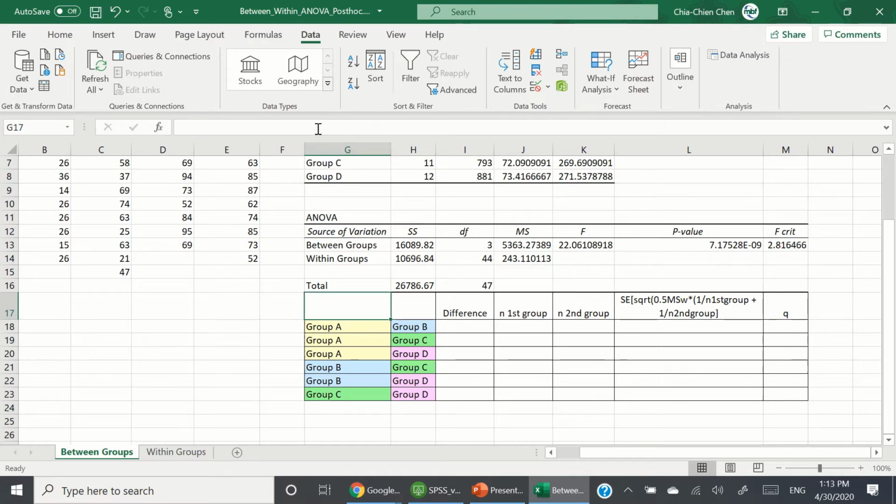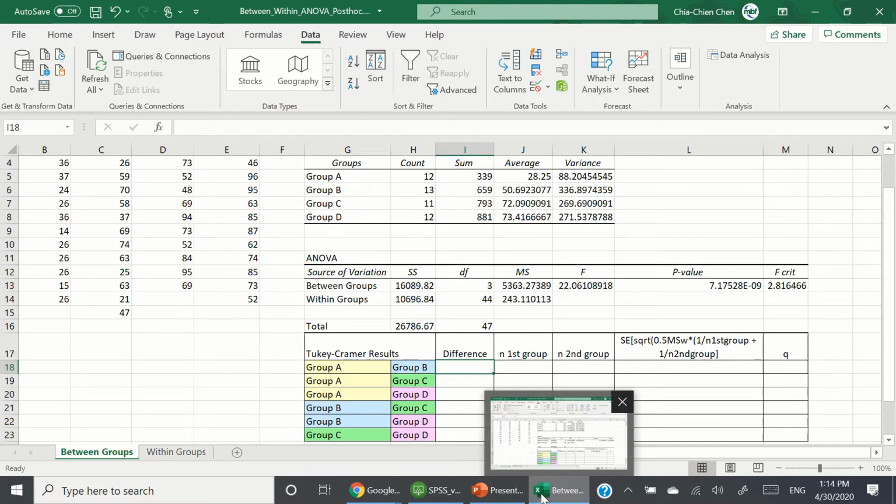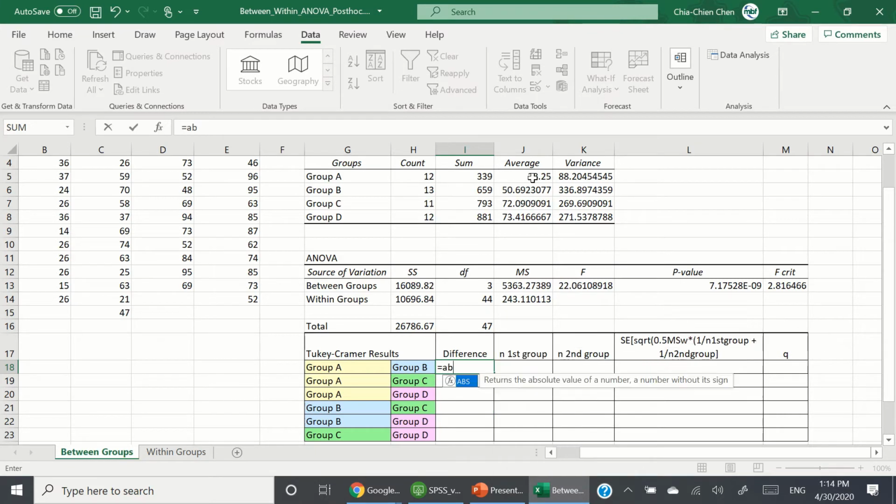So that would be your Tukey-Kramer results. Okay, and so essentially what you have here is all the possible comparisons. You've got group A versus group B, group A versus C, and so forth. Okay, so you need to calculate the differences here. So let's do that. The difference of group A, so let's take the absolute value of that, group A